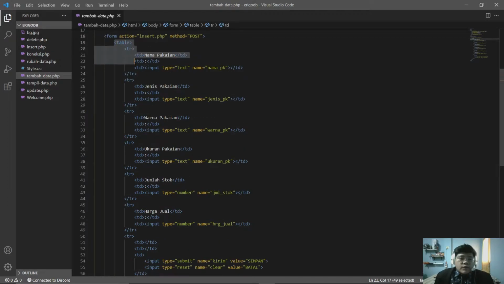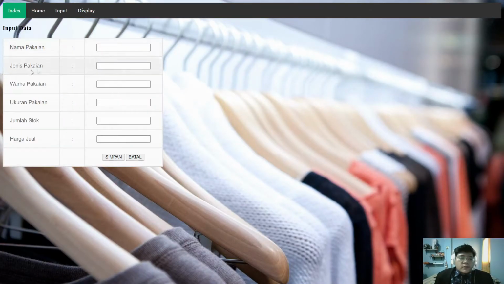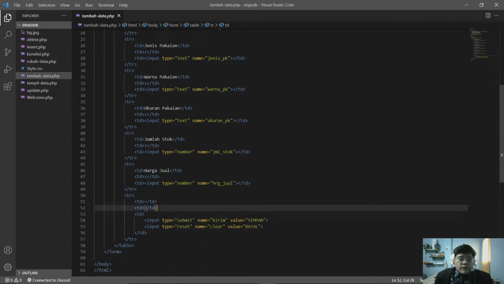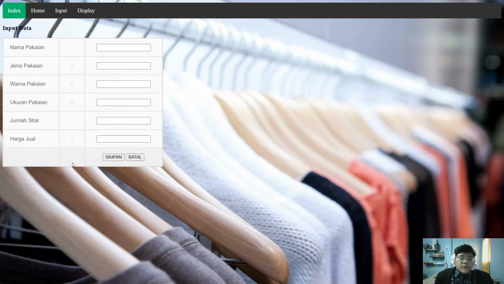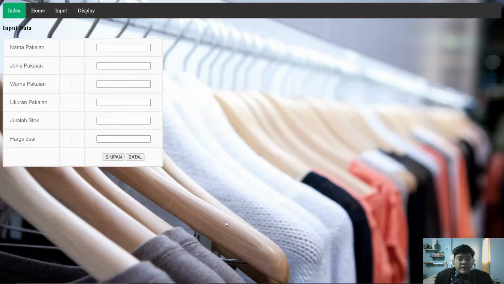We also created a table like this, and the values are the name of the clothing, type of clothing, color, size, amount, and price. We also add these 2 empty cells at the bottom left, and we add these 2 buttons at the bottom right, which are save and clear.